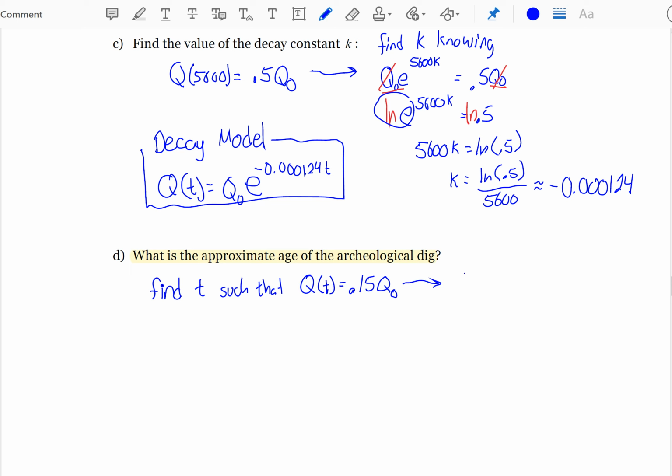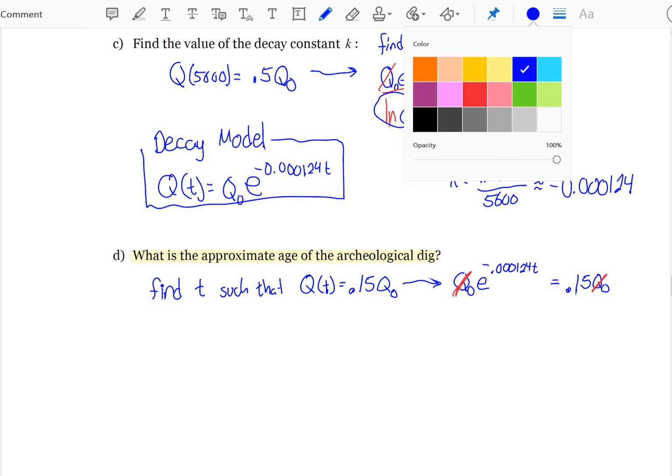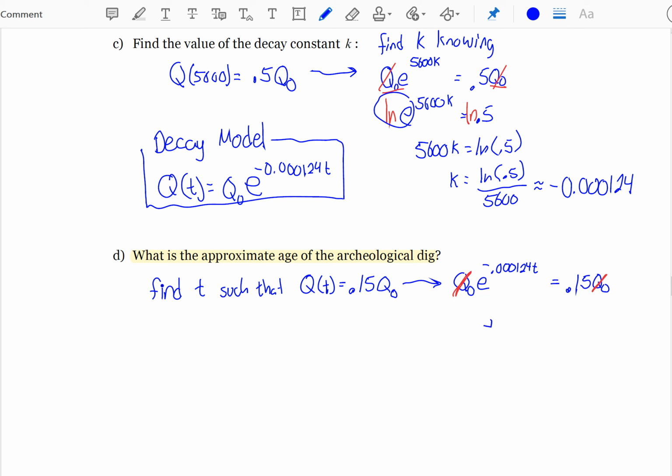Okay, this gives us the equation. We want to find out when does Q naught e to the negative 0.000124 t equal 0.15 of Q naught? This is what we'd like to solve for to find t. So notice that the Q naughts will cancel, leaving e to the negative 0.000124 t equals 0.15,